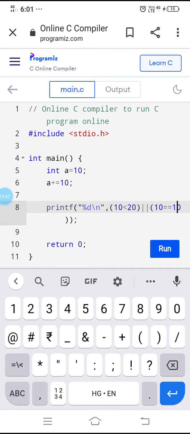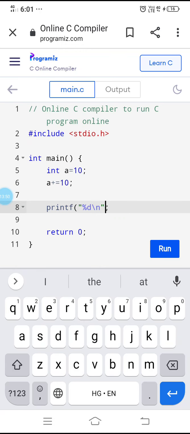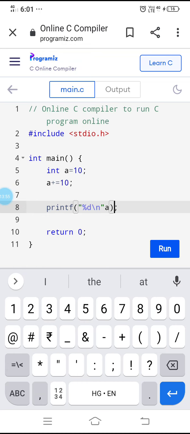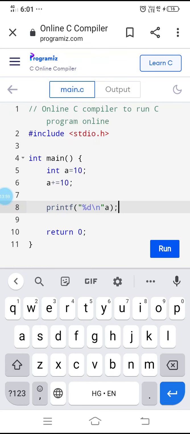So let us try to understand this one. Let us print the value of a. I want to print something like a. What is the new value of a? It is not 10, it is 20, right? Because 10 is already added by the plus equal to operator. So the value is 20. Missing something like a comma here, and run it. The value is 20.